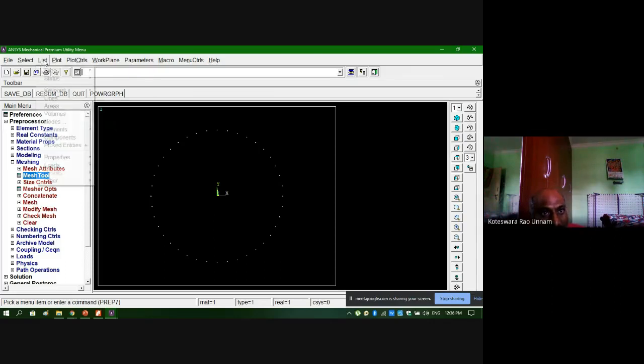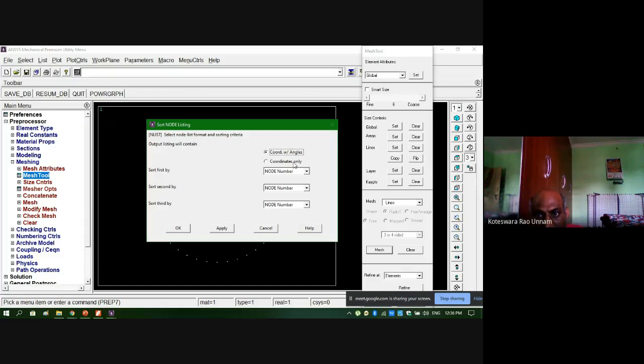For that, I'll go for nodes, and here I'll select coordinate number, and then the sorting option, because at that location the x coordinate is 1000 and the y coordinate is 0. Therefore, first option I'll take x coordinate, then the second option I'll also take as x coordinate.